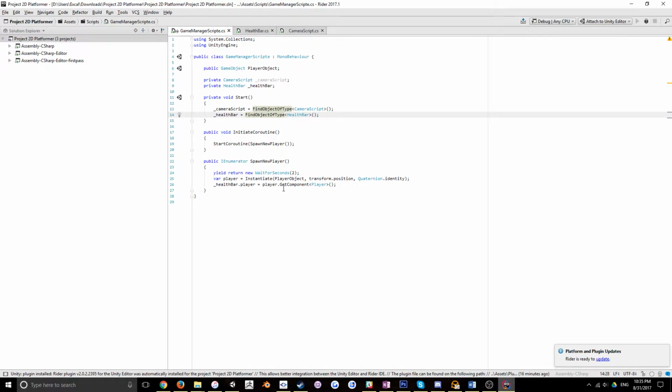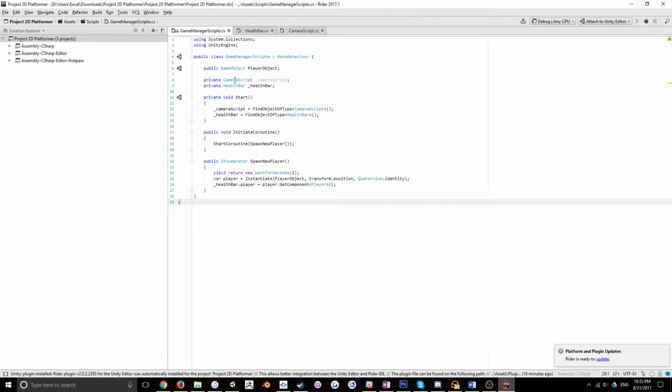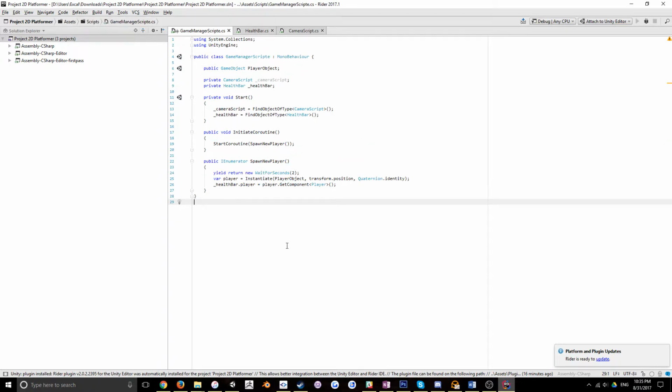But say that someone looks in the game manager and they're like, huh, why is this here? Is this tied to the health bar? This is called coupling, when your game manager script and your health bar script rely on each other. And the single responsibility principle is the idea that if someone wants to modify a script, a component, they should be able to go to that component and work directly in it, or possibly a helper component. So if you have a script called game manager helper, that's pretty obvious, okay, there's a helper script,